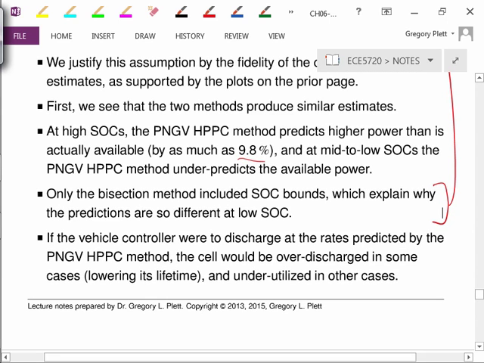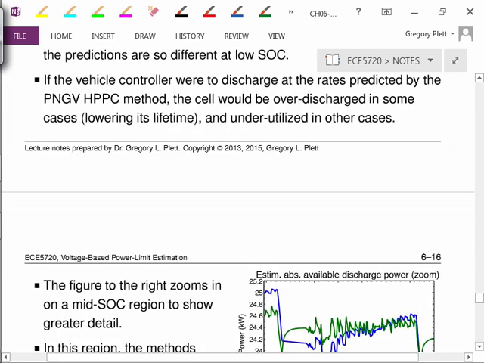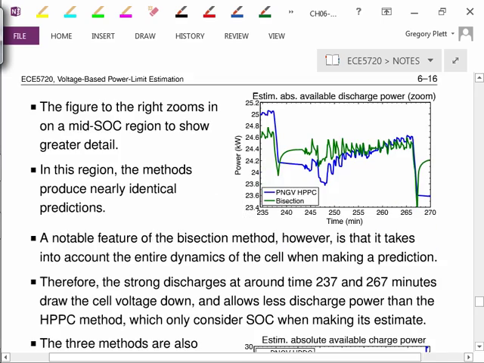If we assume that the bisection method is right, then if the vehicle controller were to use the HPPC method limits, the cell would be over-discharged in some cases, which would lower its lifetime, or underutilized in other cases, which neither one of those we would like. This figure here is a zoom of the previous plot, showing more detail in the intermediate region, just to show